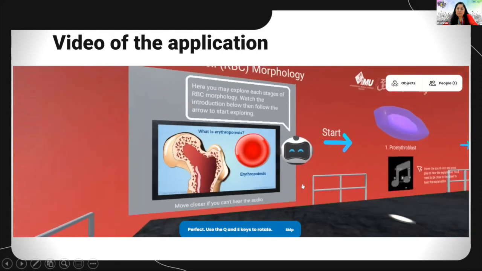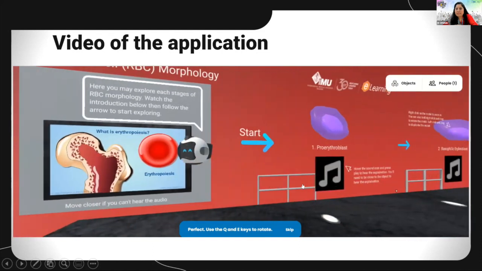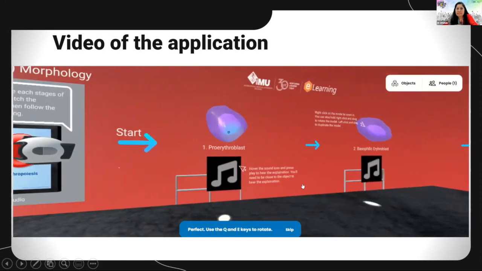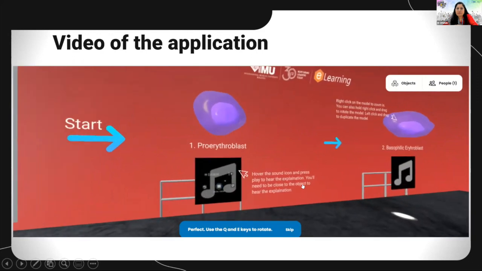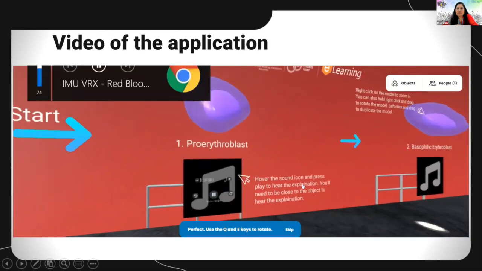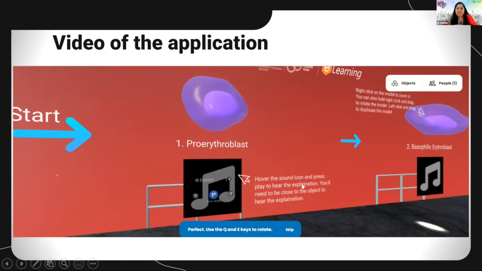After watching the video, they can move to all these stages, starting with the pro-erythroblast, with audio: large round nuclei with open chromatin and many small nucleoli, a rim of weakly basophilic